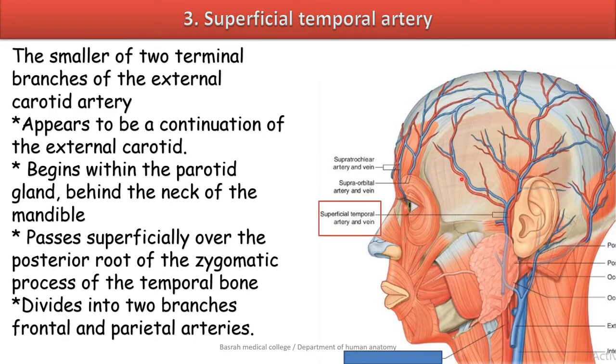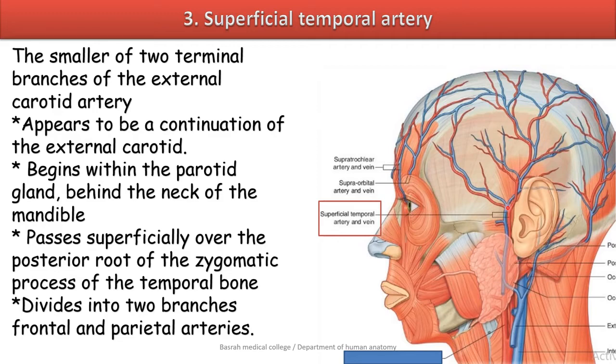وهنا بعدين راح ينقسم قسمين، واحد anterior وواحد posterior. الانتيريور أسميه frontal، والposterior راح أسميه parietal. okay، فهذا هو external carotid artery، وهذه هي parotid gland. within the parotid gland راح ينقسم قسمين، واحد يروح للفيس أسميه maxillary، والثاني راح continuous upward أسميه superficial temporal، يوصل للزيجوماتيك arch. الزيجوماتيك process of temporal bone راح يعبره، من يعبره راح يصير superficial، وراح ينقسم into two parts. واحد anterior أسميه frontal part، والثاني posterior أسميه parietal part. اوكي،